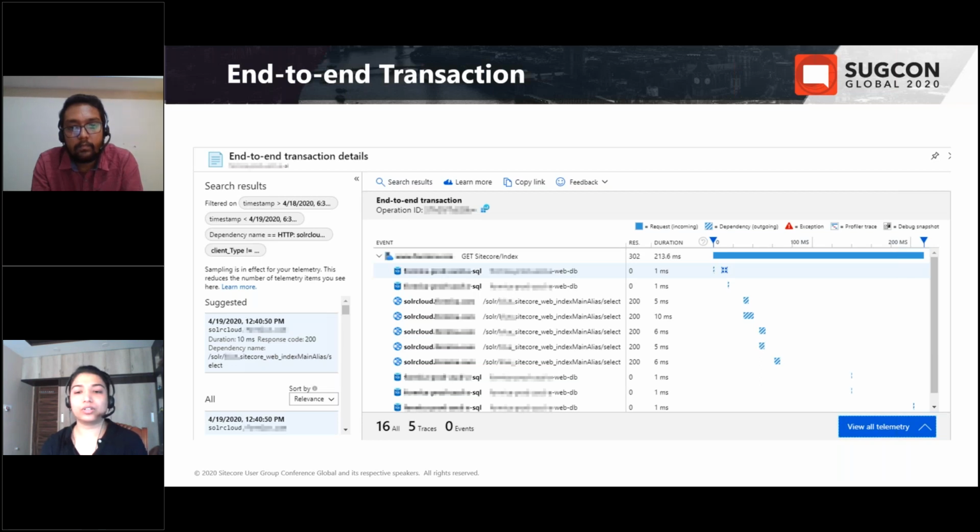Now you can click on the view all telemetry button to view specific queries executed in SQL and Solr, which is available at the bottom of this panel. And you can also select any telemetry request from the list to see further details about that request.